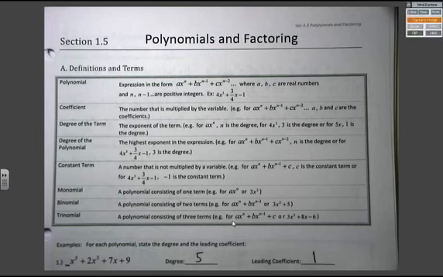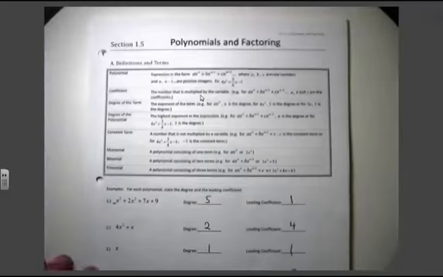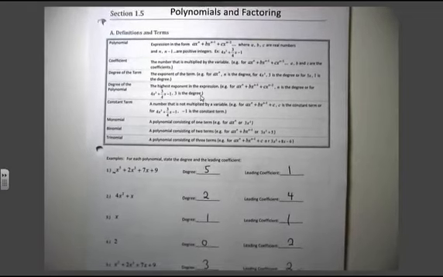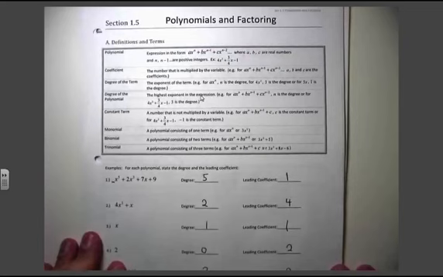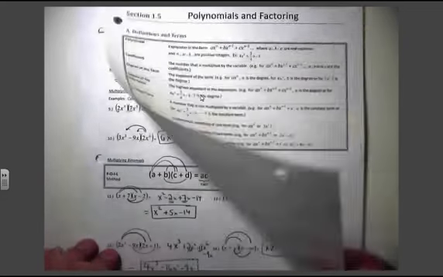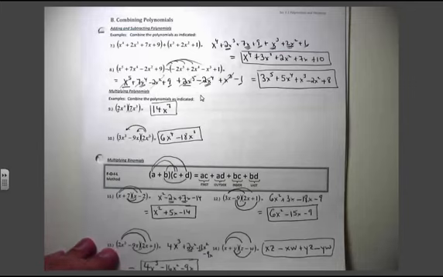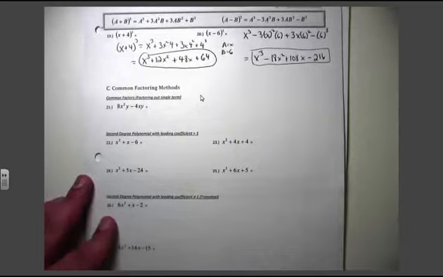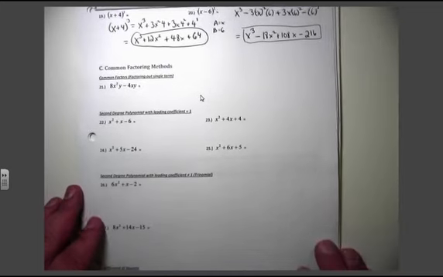All right, so we're in section 1.5, and we've been working on polynomials. We've done a lot here, but it is a big section. So everything's set up here. There we go. And so here's my polynomials from section 1.1. Let's pick up where we left off. We added, subtracted, multiplied polynomials, and now the next thing we're going to do, we're going to pick it up with doing the factoring